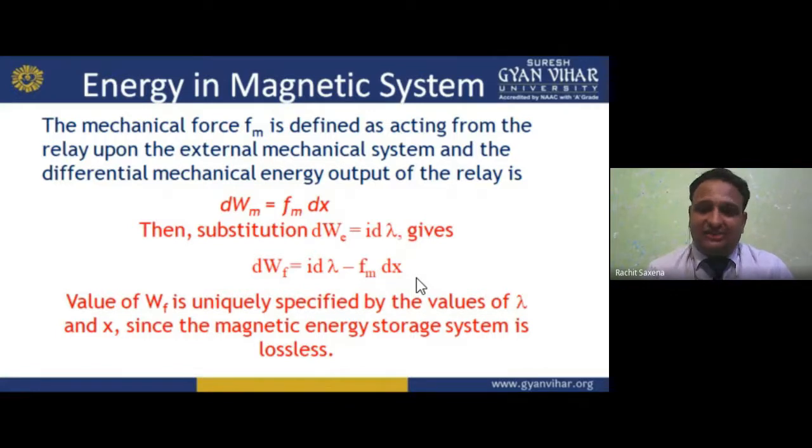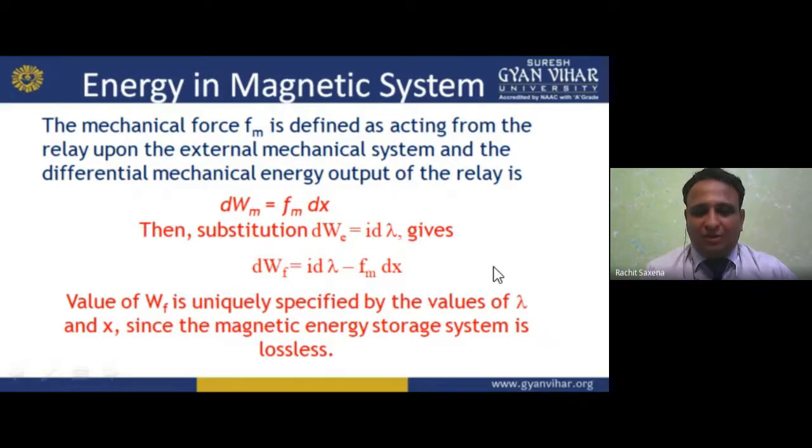We can easily say this, my dear student, because we are first giving electrical input, converting it to a magnetic field. On that magnetic field, force is applied, and then we have the torque. Due to that torque, it starts to rotate. So by taking the difference, we get this form, magnetic energy.